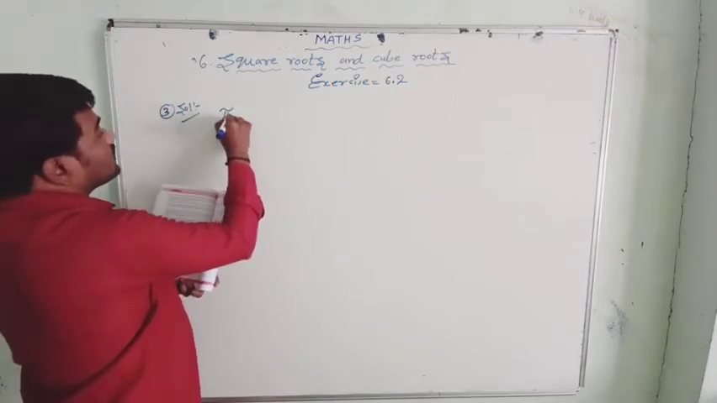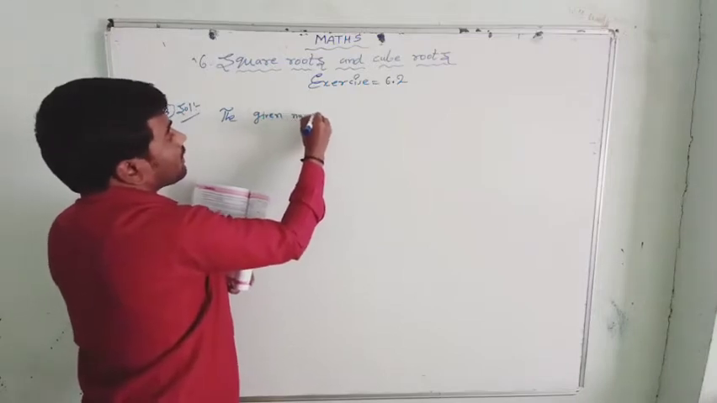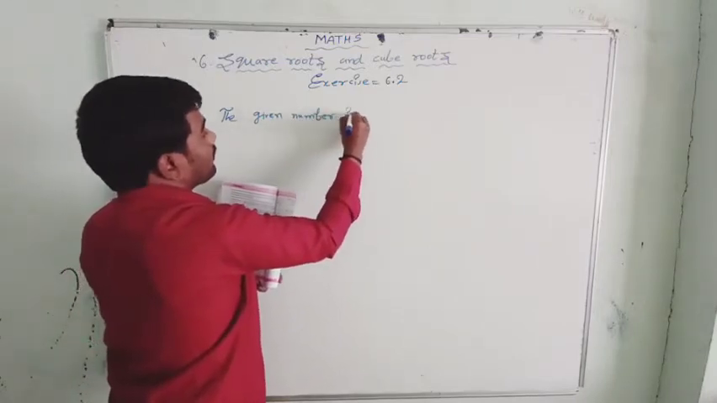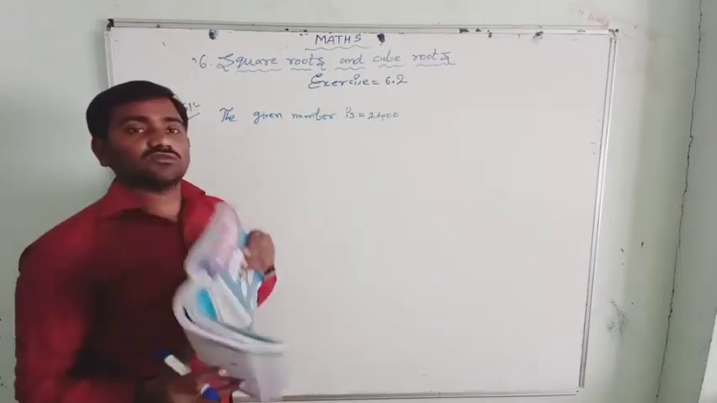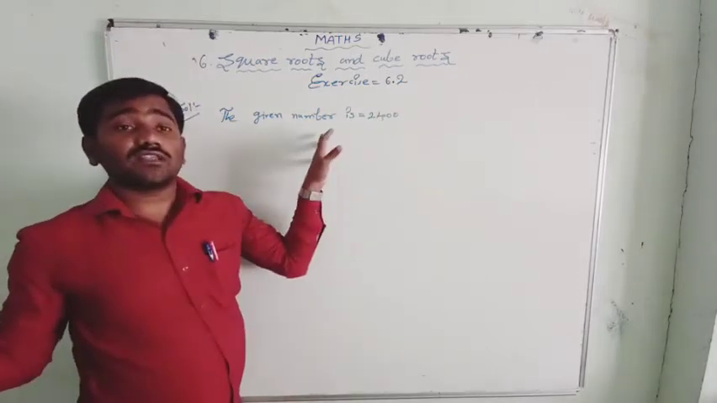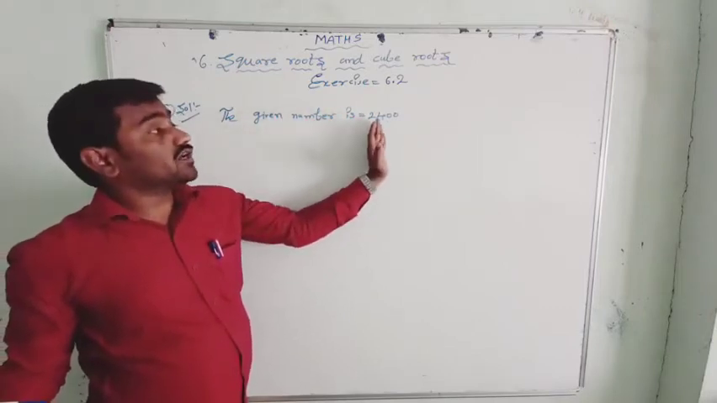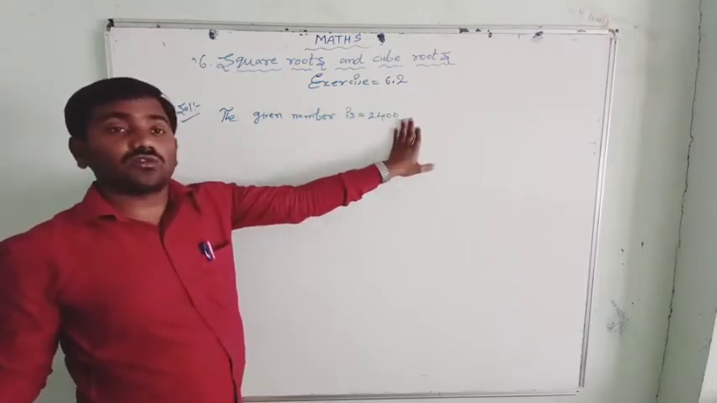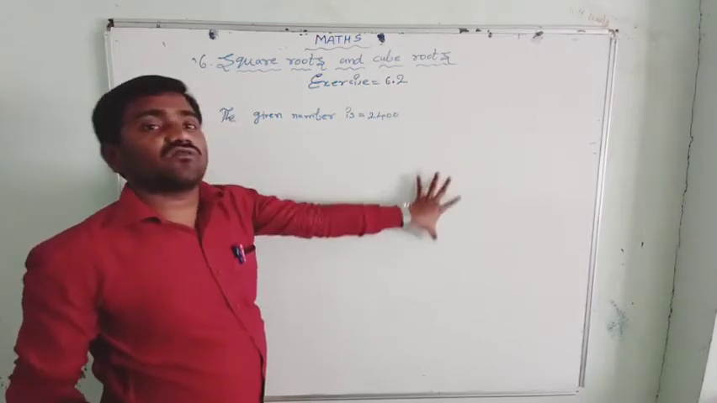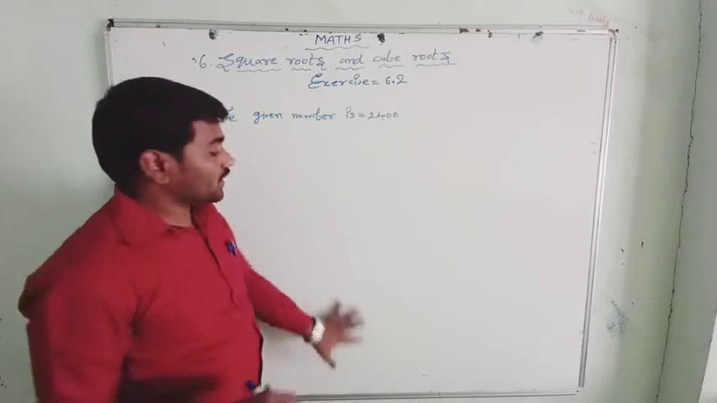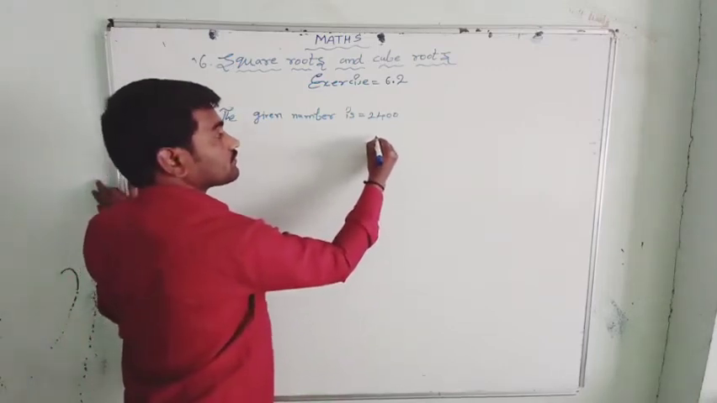The given number is 2400. So 2400 is not a perfect square. So what is the smallest number we have to multiply to 2400 so that we get a perfect square? For that resulting number, we have to find the square root. Okay, let us find out first. Let us factorize this